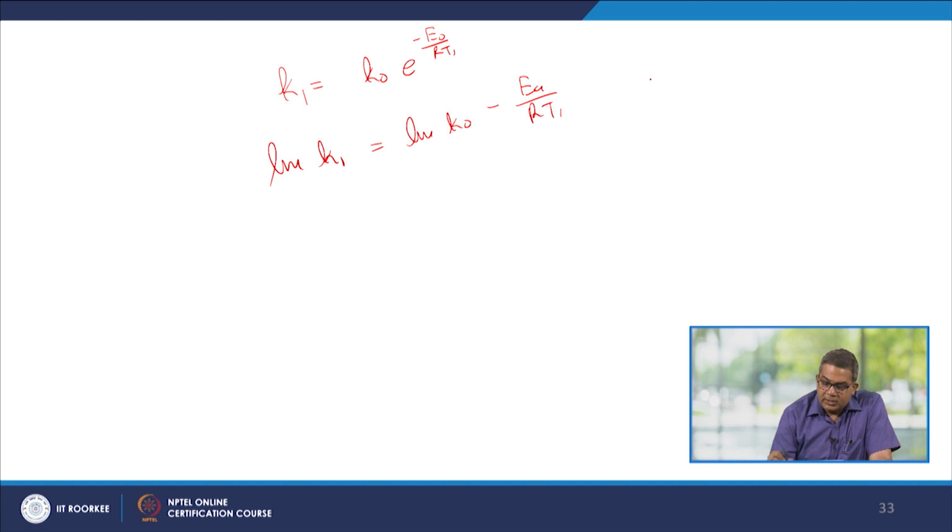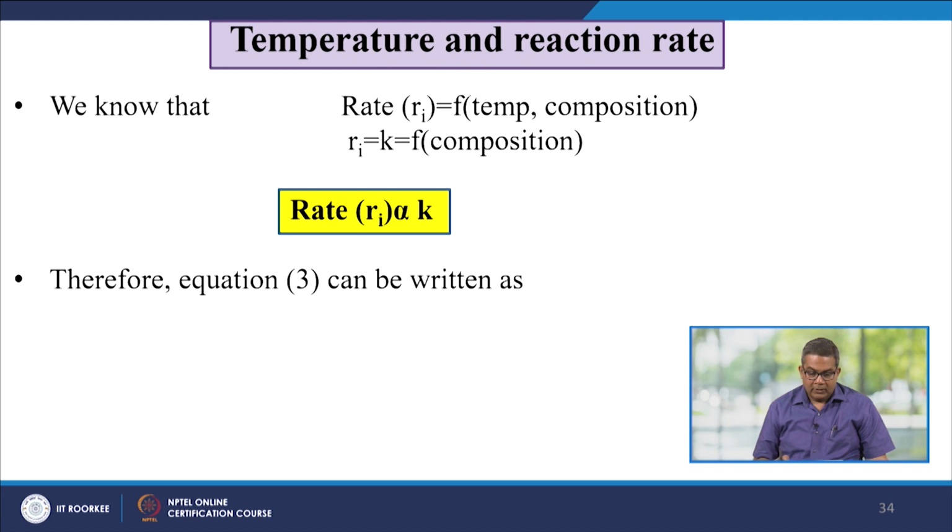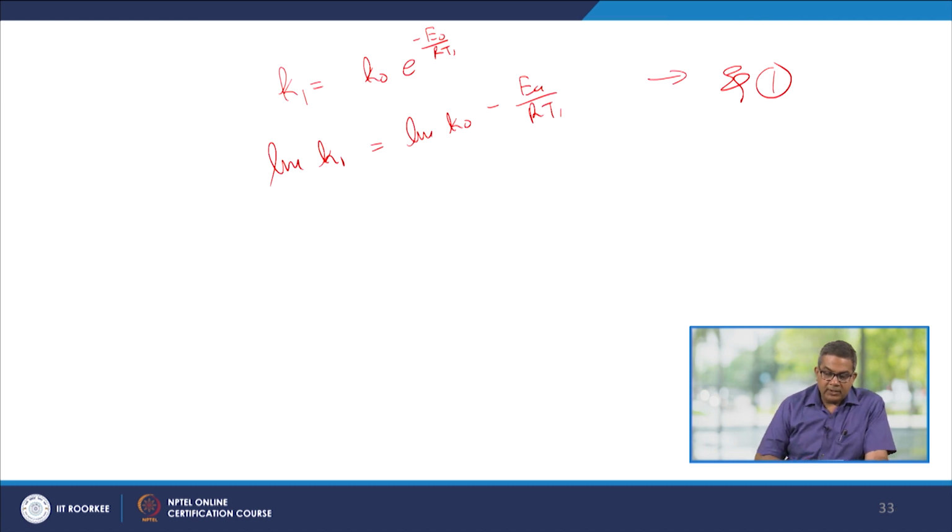for temperature T1, K1 can be K naught e to the power minus EA over RT1, or ln K1 is equal to ln K naught minus EA upon RT1. This is equation number 1. Please remember this is equation number 1. Now if we take the temperature T2,